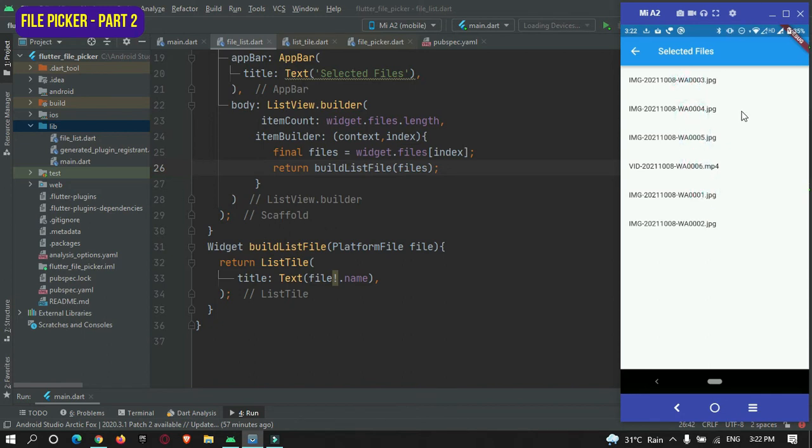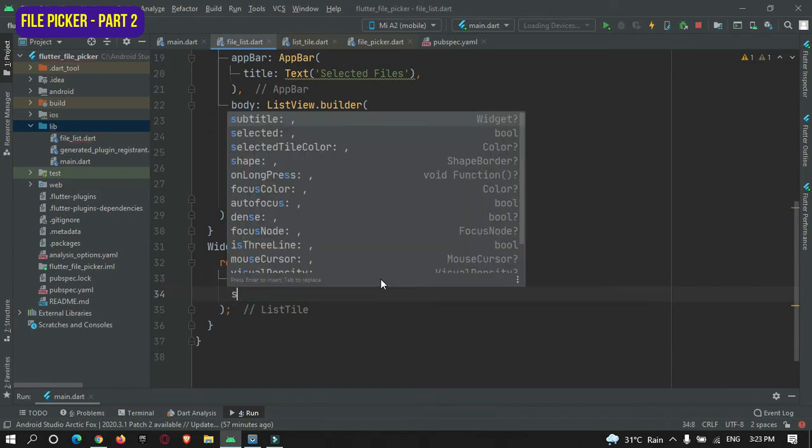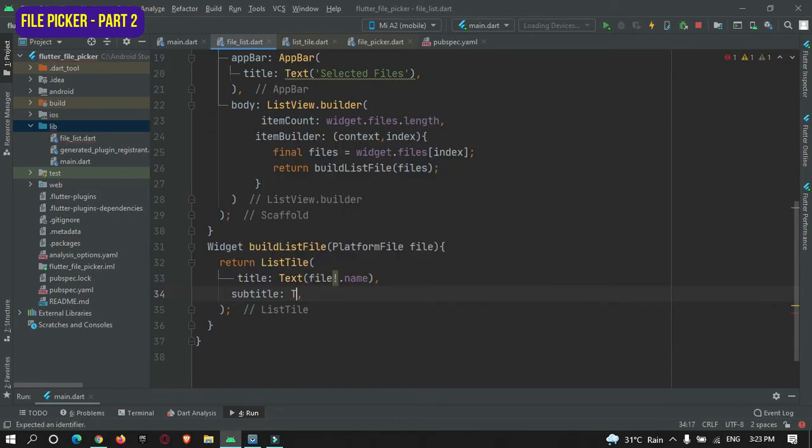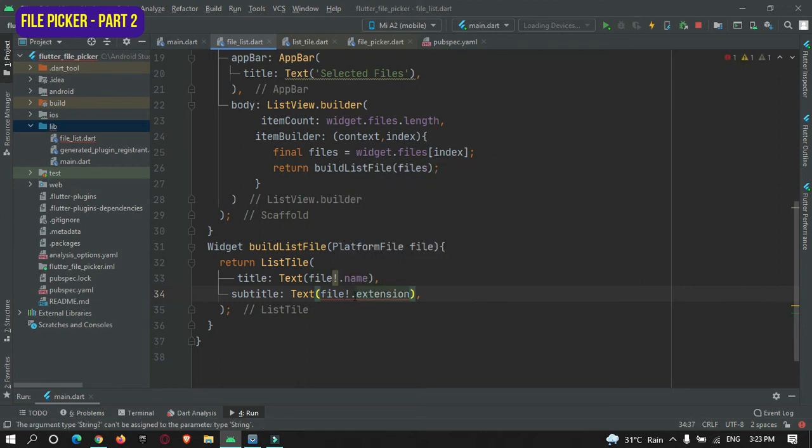Now let's show the file size and the file extension over here. For that, here subtitle, so inside the subtitle I will just show the file extension, file.extension. It is showing an error, so let's check why.